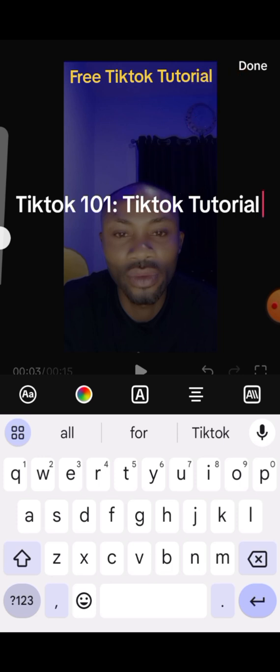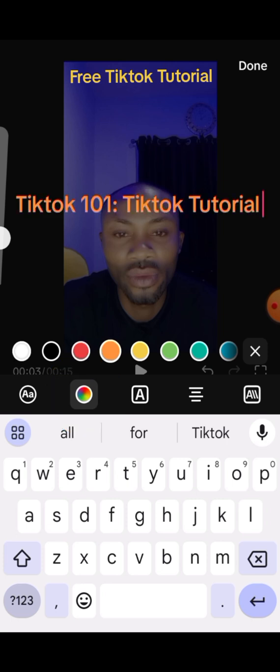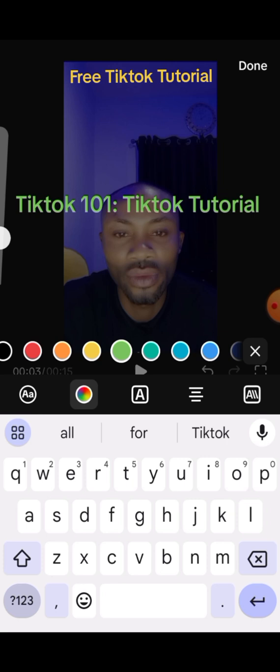Now I can change the color of this. Just tap here. You can change it to red, orange, yellow, green, like that. Okay, now let me leave it on yellow. Okay, now you can equally change the